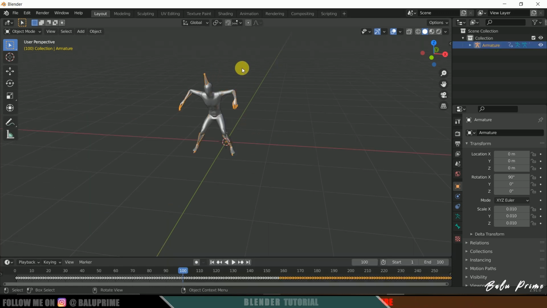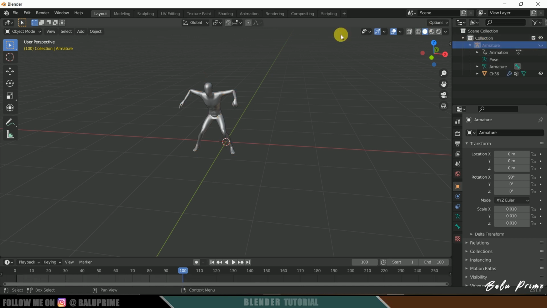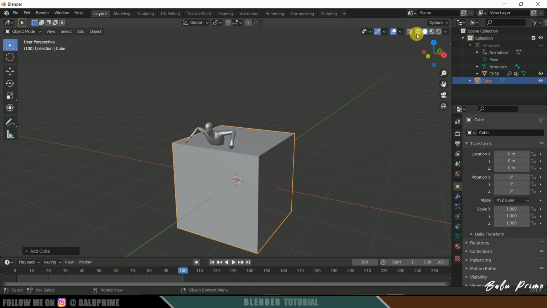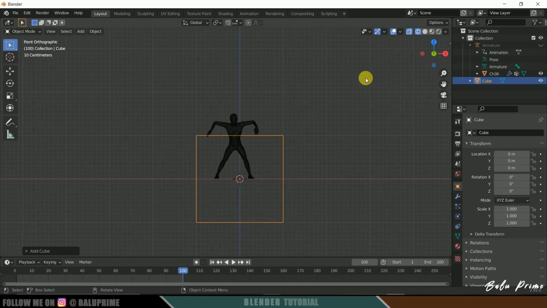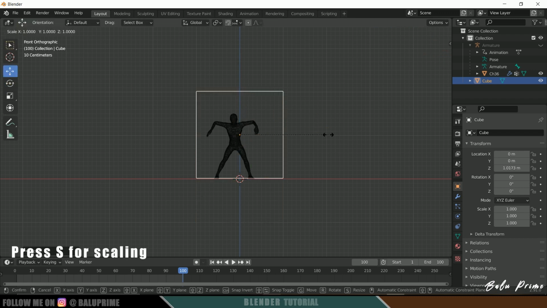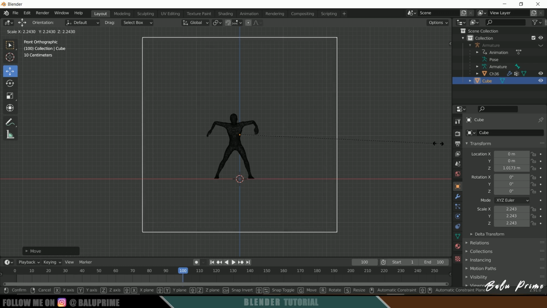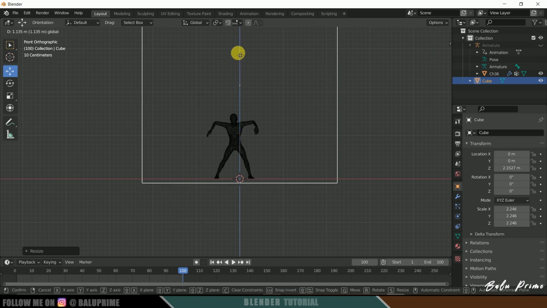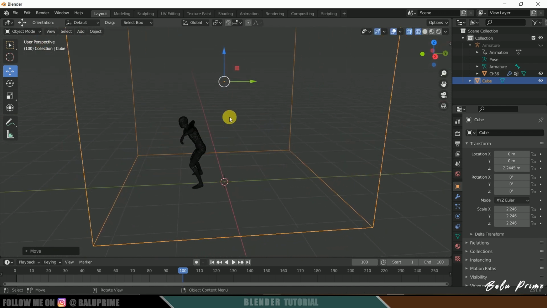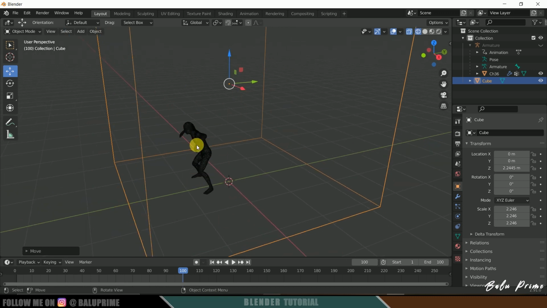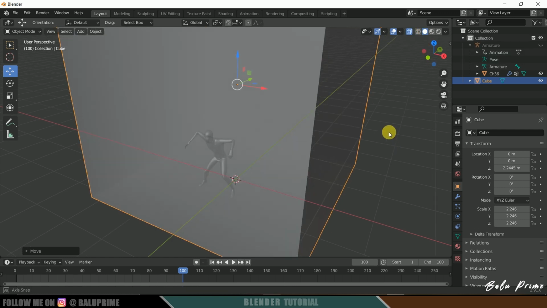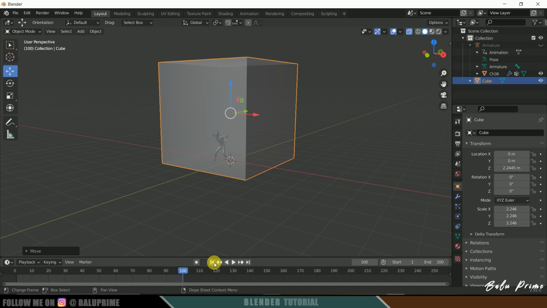Fine. Now let's select this armature and let me hide it out first. Okay. Add mesh, create a cube. Let me change this to wireframe mode. Press 1 on the keyboard and let me place it here. Okay. So this domain is actually the space or place where the simulation takes place. So the liquid simulation will take place under this domain only. So let me change this to solid mode once again. Okay. So let me move back to first frame.